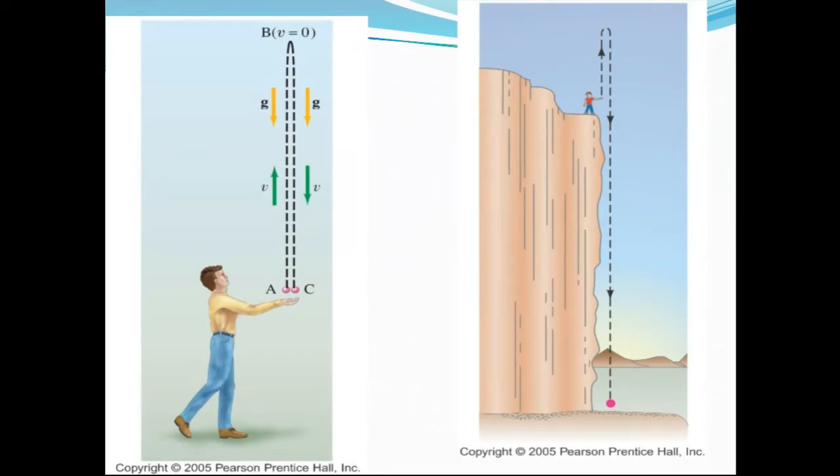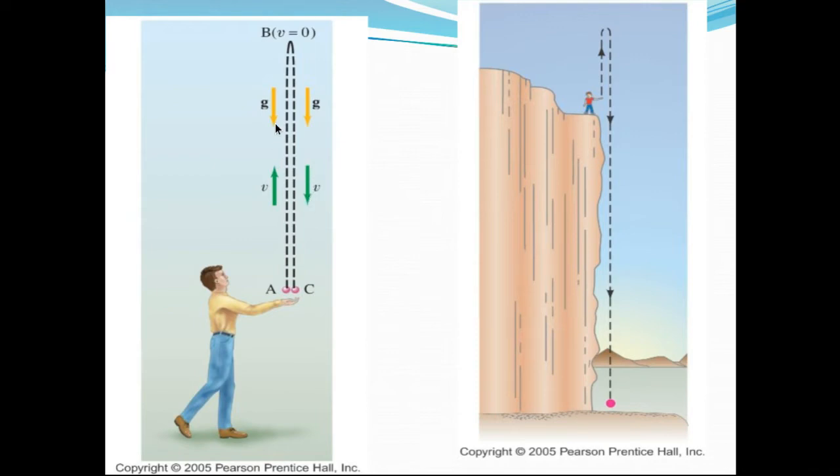And here's a diagram of somebody throwing an object up. Notice what the speed or the velocity is right at the top. v equals 0. This is where the speed is 0. It's where the velocity is changing direction. On the way up, you could say it's positive. On the way down, it's negative. Now, the